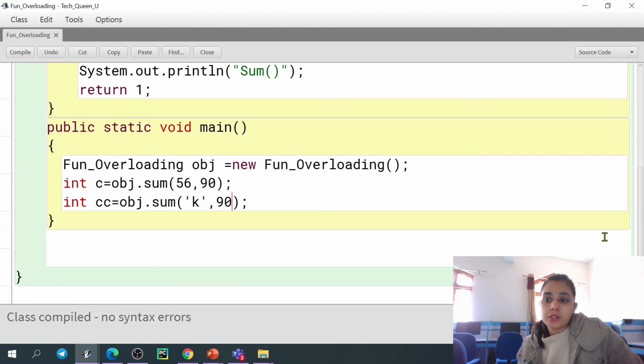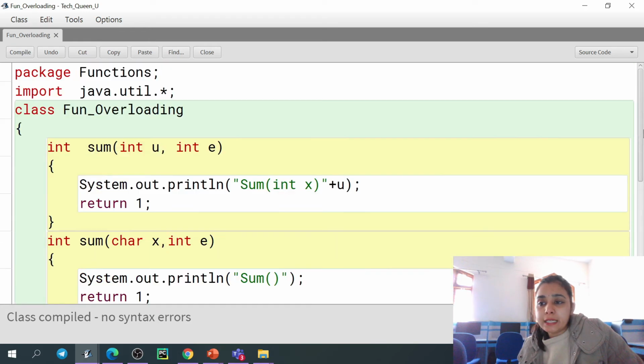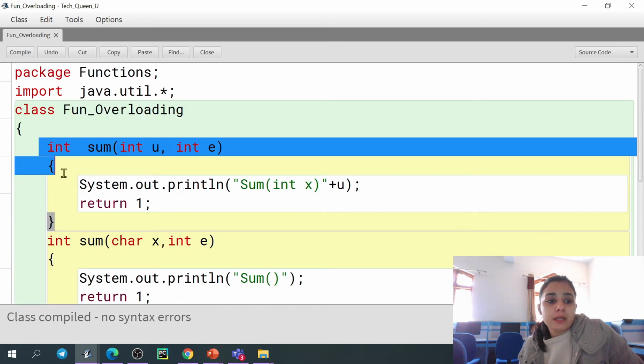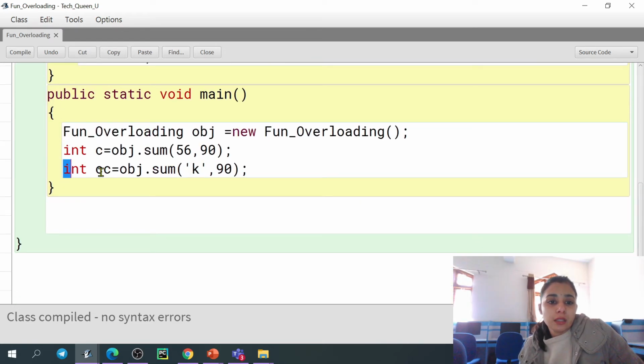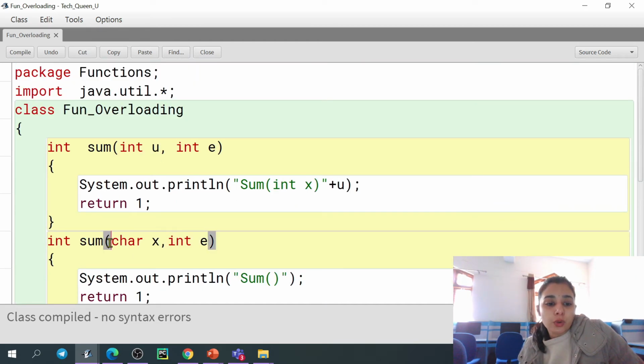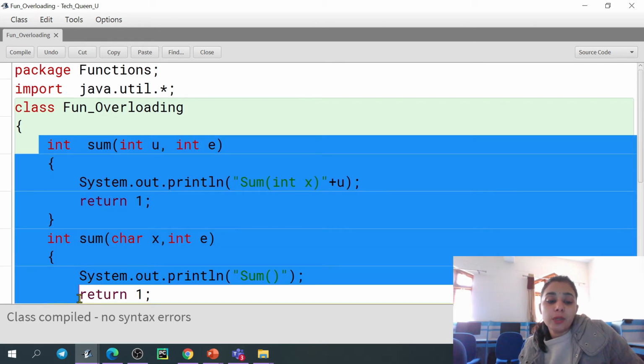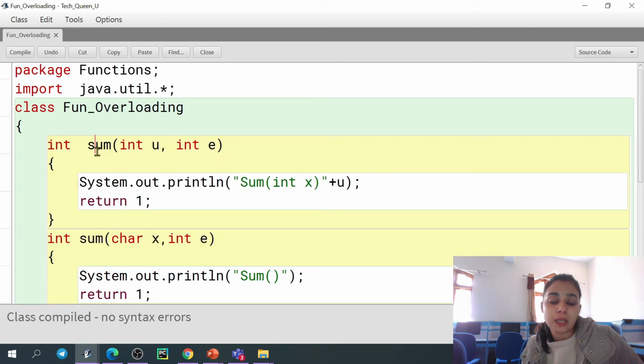Now it will be correct because you are passing 56 and 90, both integer type values, that will be received by this function only. And if you are passing one character type and another integer type, that will be received by this one only. So how is the compiler going to differentiate between both the functions if the name is same, right?